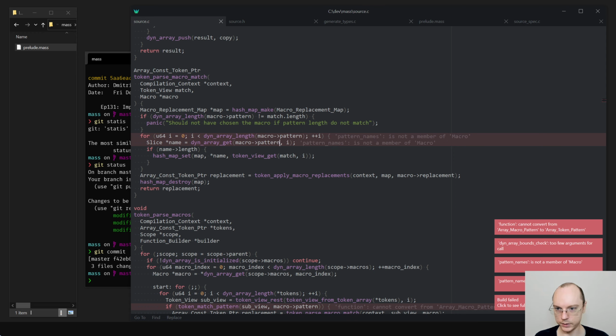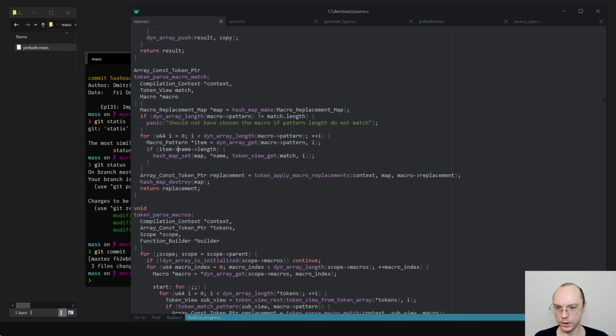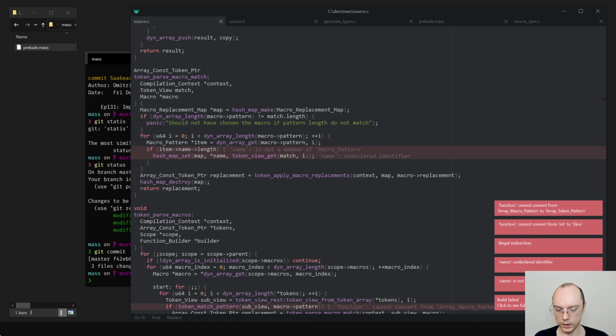Pattern, pattern, macro, pattern star pattern, or item, item name, right? Capture name.